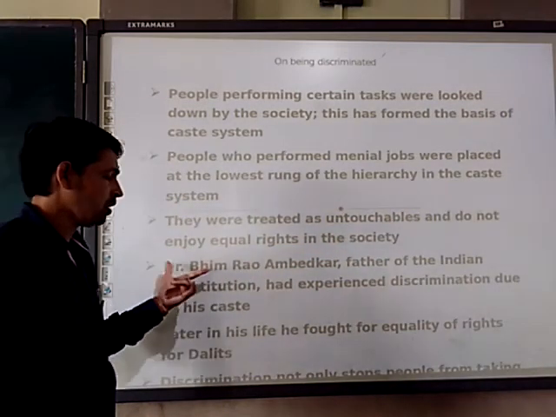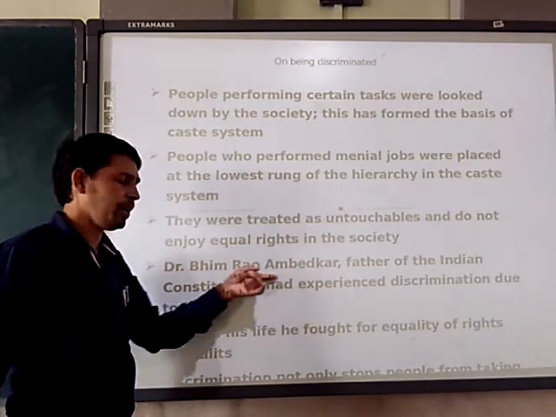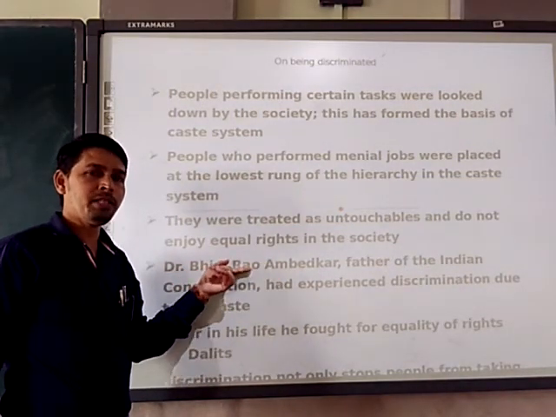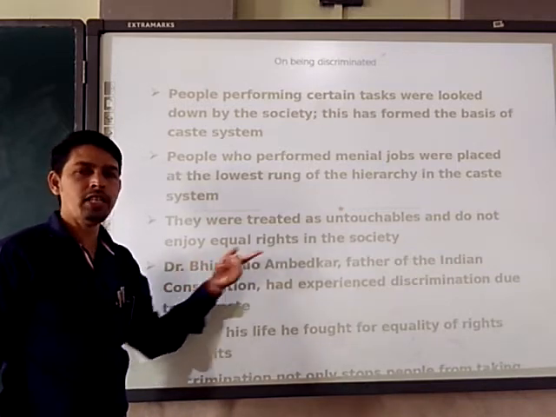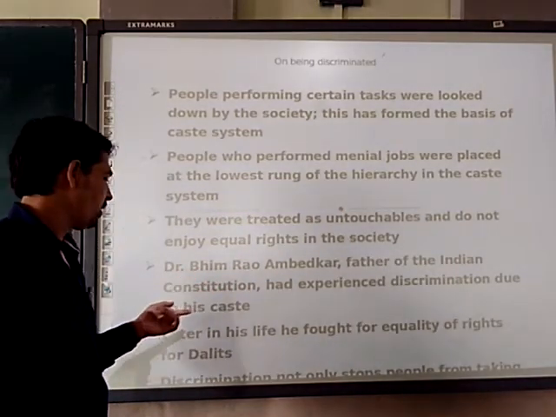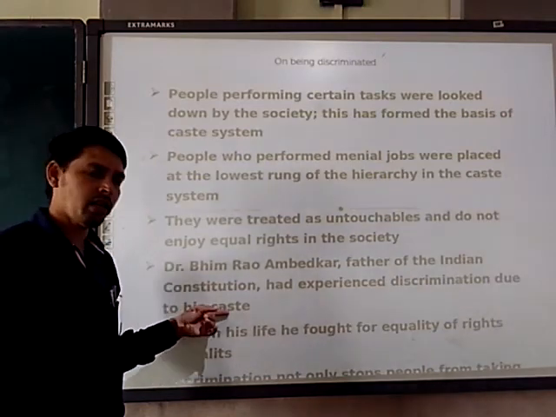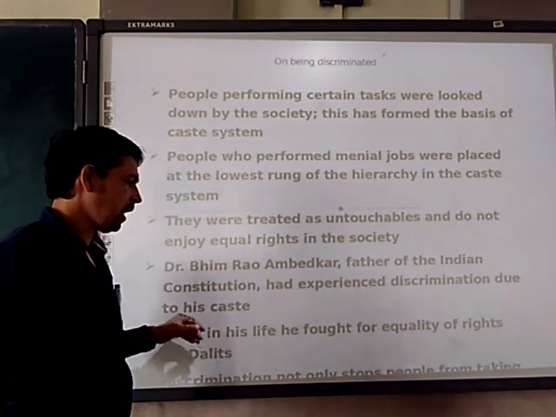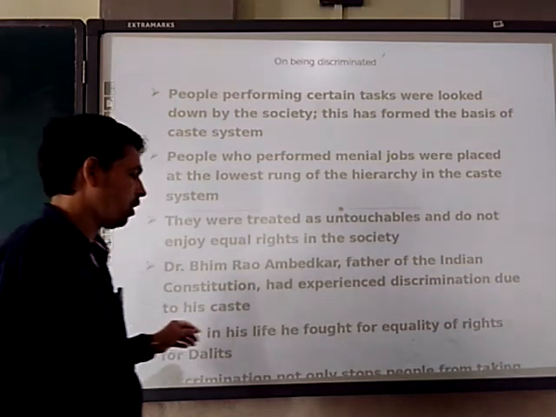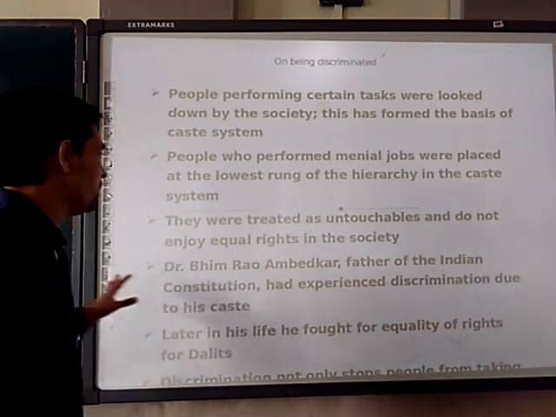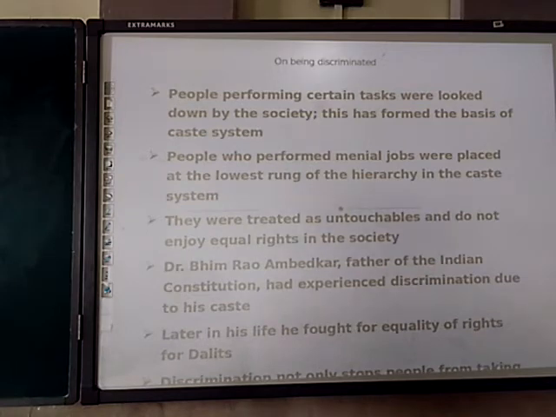We are talking about the phase and era of Dr. Bhimrao Ambedkar, how a famous personality, Bharat Ratna, Dr. Bhimrao Ambedkar, father of the Indian Constitution, suffered from discrimination due to his caste. Later in his life, he fought for equality of rights for Dalits, and discrimination not only stopped people from taking part in so and so. Next,